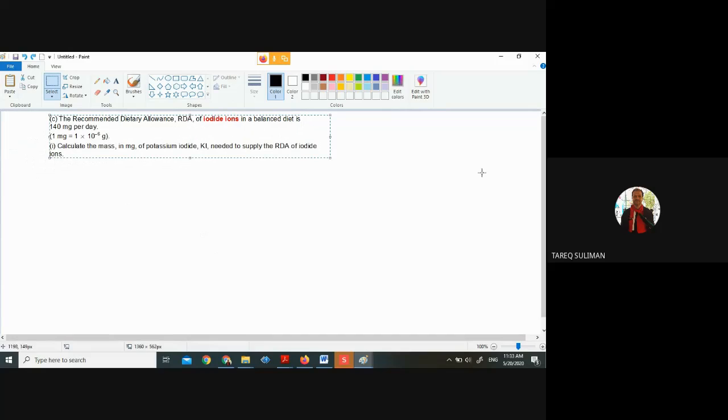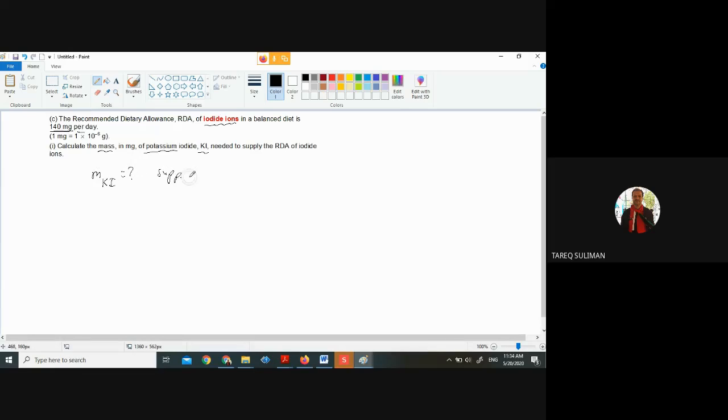Yes, how to calculate the concentration of what? Of iodide ion in the balanced diet. Calculate the mass in milligram of potassium iodide needed to supply the RDA of iodide ion. What is the RDA of iodide? 140 milligram. So I need to calculate what mass of KI